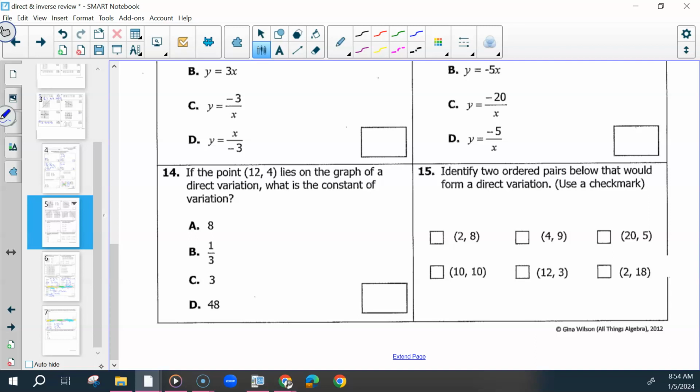Which variation? So not y. K. You're looking for k. You know it's direct. So your k value would be